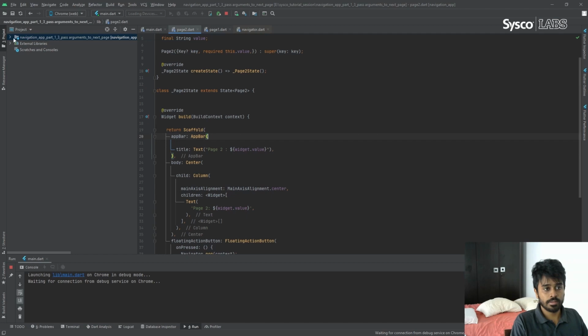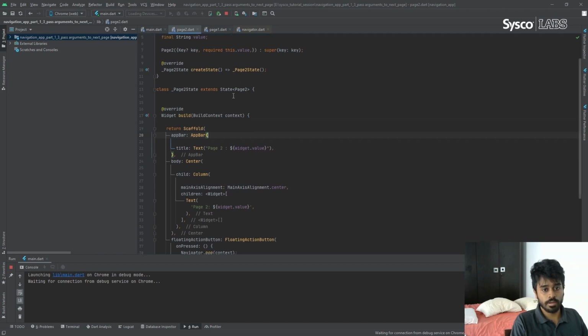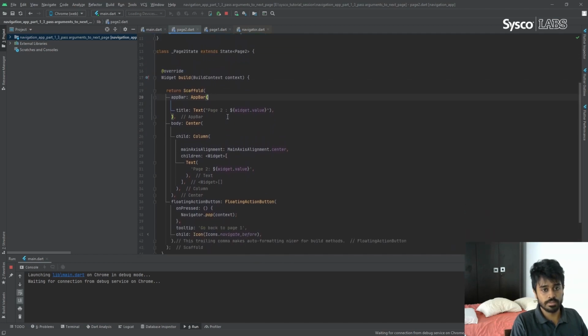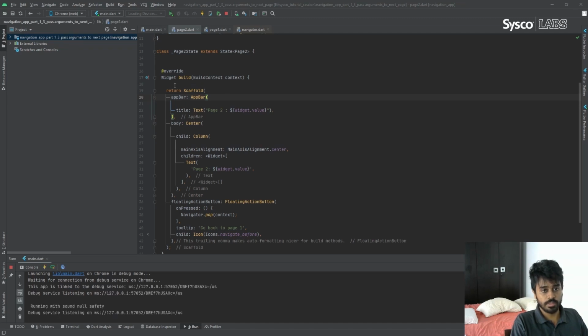While it starts, let me explain how I have passed these values. In real world scenarios, we need to pass some data to the second page, right? From the first page, you fill some forms, and depending on the data you fill in page 1, you need to navigate to page 2 with that data. How can you do that?